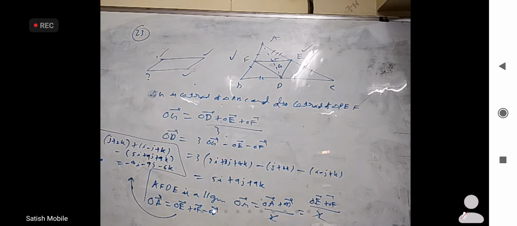No, when you add, you'll get a vector. I'm not saying it is a unit vector. You are adding two unit vectors, but their sum is not a unit vector. It is just a vector. If you apply two forces of magnitude 1 Newton, do you think the resultant will be 1 Newton? Need not be. It depends on the angle, right? Okay. So you are adding two unit vectors. The resultant is along the angular bisector, but need not be a unit vector.